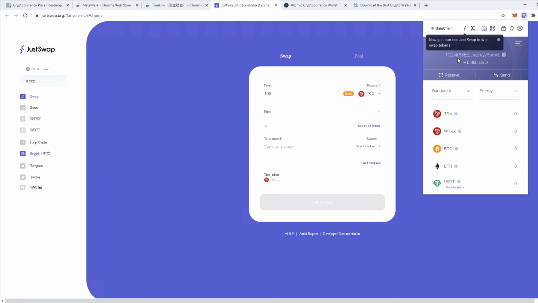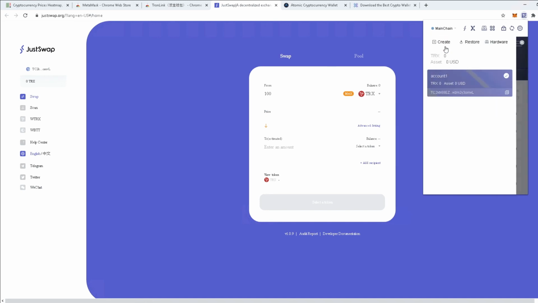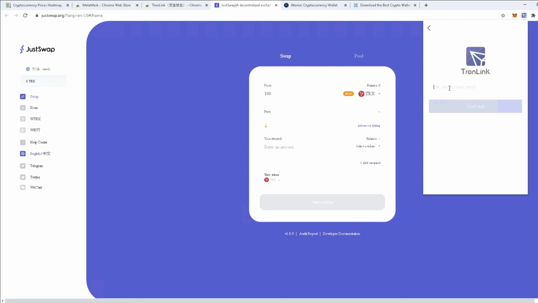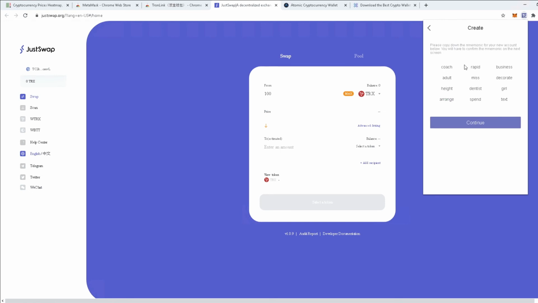And like in MetaMask, you can also have various different accounts here. The only thing that you can do is just click here, just click create. So this is my first account. Let's create a second account. You can have many different accounts. Just click on create. Account name, let's say account 2. Continue. Again, we get different words this time,